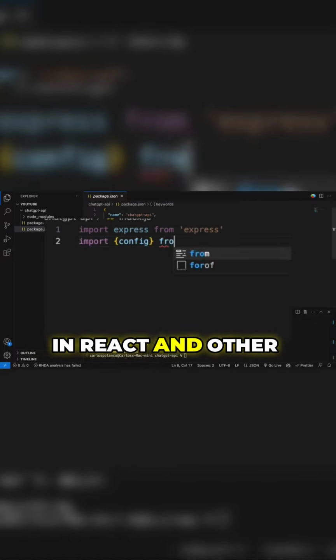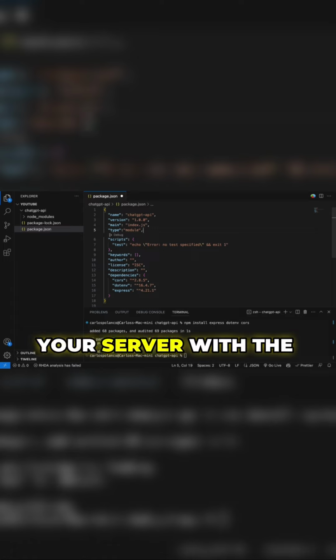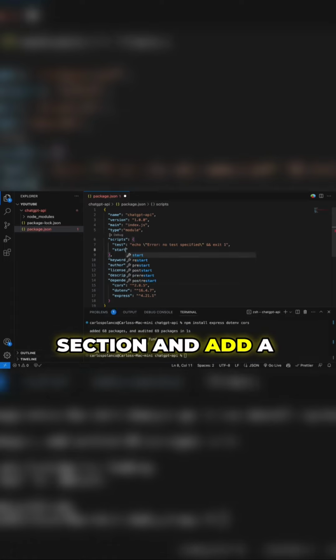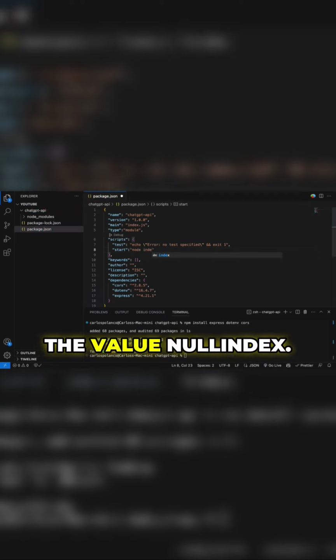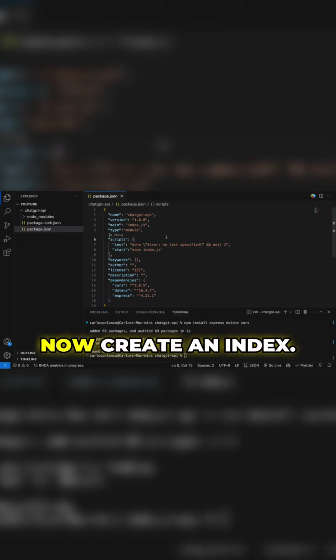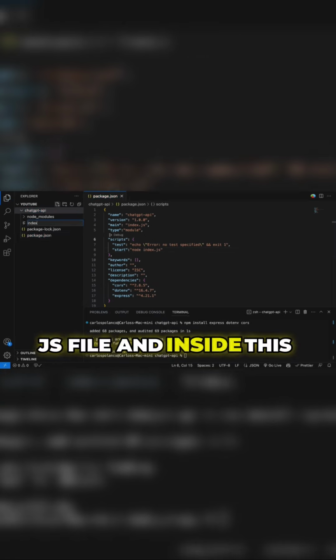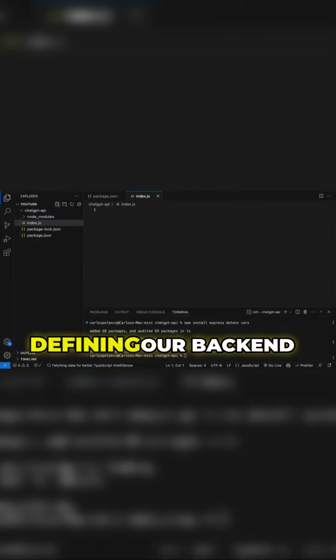But to use the modern syntax like they use in React and other frameworks, open the package.json file and below the main property, add a new line, type: module. Additionally, to run your server with the npm start command, go to the scripts section and add a start property with the value node index.js. Now create an index.js file, and inside this file, we're going to start defining our backend